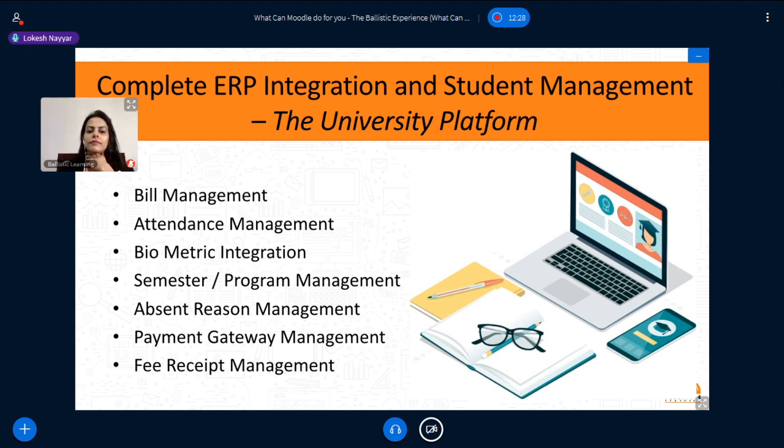Complete ERP integration and student management. The problem statement: the client had different schools and universities across India. The challenge the client was facing was that every university and school had its own different learning needs